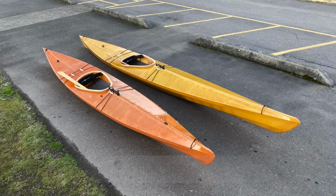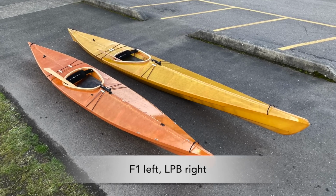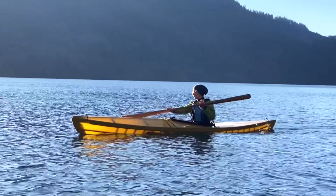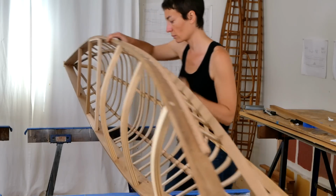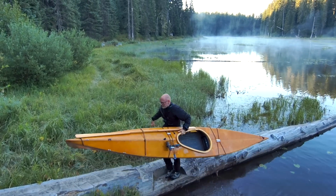So I feel like the best way to understand what the LPB is and what it's good for is to start out by talking about my other modern sea kayak design, the F1. The F1 is our flagship kayak design. It is also a modern sea kayak built out of skin-on-frame, but it is 14 feet long and 23 inches wide in the medium size. Despite those dimensions, it's actually surprisingly fast. Additionally, the F1 is stable, comfortable, highly maneuverable, completely neutral in the wind, and it surfs better than almost any other sea kayak. The F1 is also the easiest of all of our kayaks to build, and the medium size weighs around 30 pounds. So for all those reasons, the F1 is generally my personal go-to boat, but just like any watercraft,